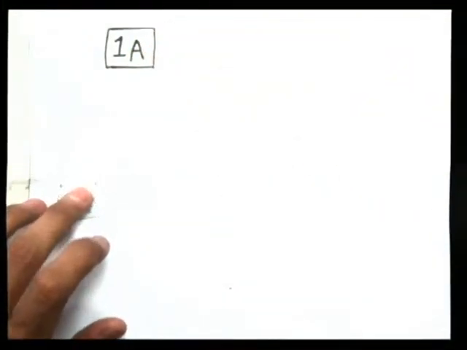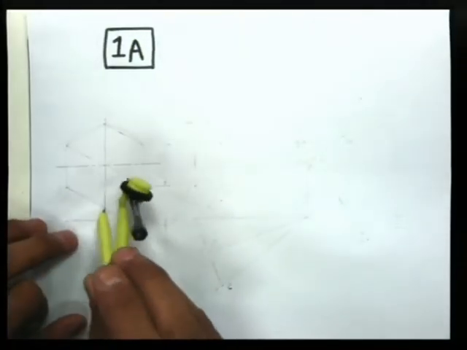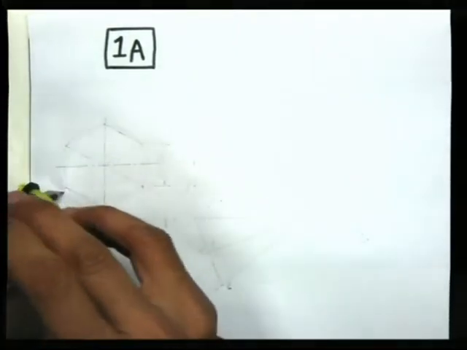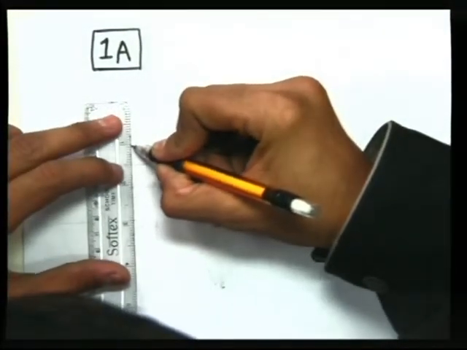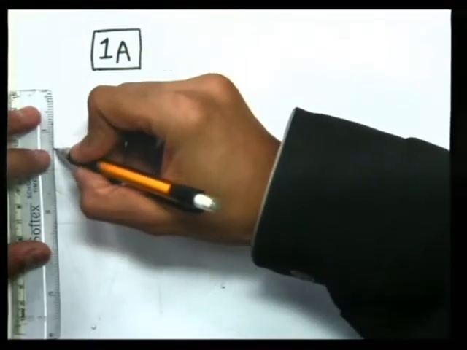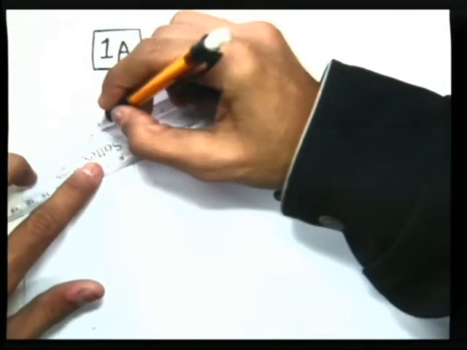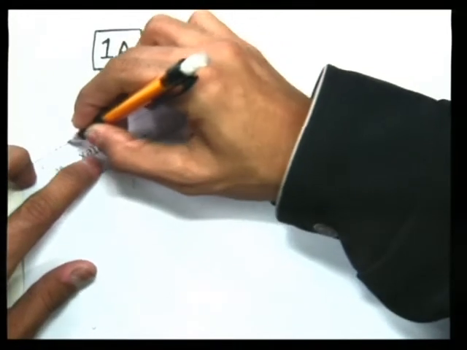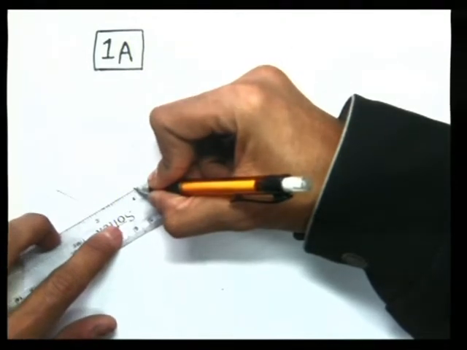And after that, cut arcs on the periphery of the circle, 1 and 2, and then point this as a center, arc 1 and arc 2. So we have identified 6 points, and we join all these 6 points with straight lines, and that is the hexagon in front view. That is the front view of the hexagonal pyramid, which is lying in the vertical plane on its hexagonal base.